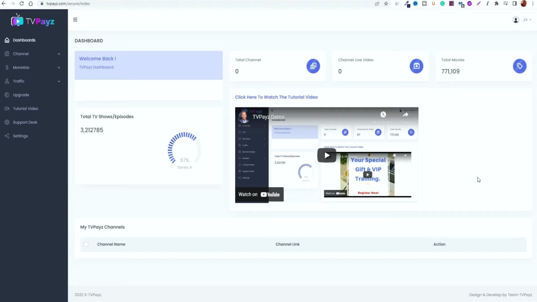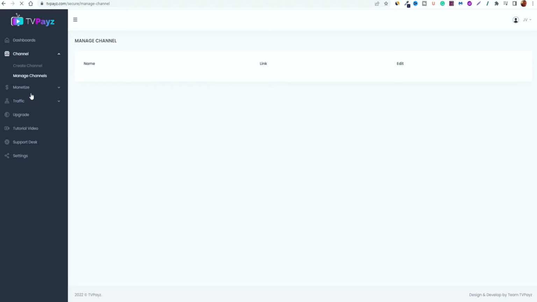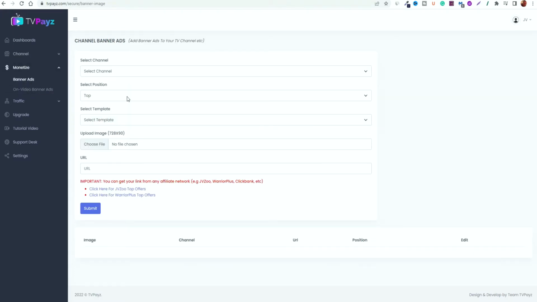So to give you an idea of the possibilities of what is promised by the platform, once you dive into the members area you do have access to features and tools. You can create a channel, you can manage particular channels if there's any available, you can monetize your sites with specific criteria, and you can add banners and ads. You can add in video banner ads, just standard static banner ads. You can also look into the potential of driving traffic.